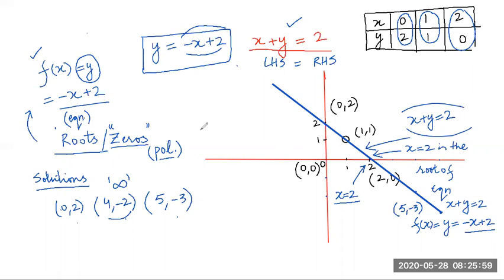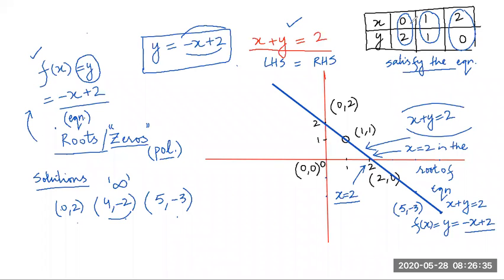Now guys, this is the method by which I draw this equation. We already know when x is equal to 0, y is equal to 2. (1, 1) and (2, 0) are the other two values of x and y which will satisfy this equation. Okay? Remember, I said which will satisfy the given equation. Every word is important.